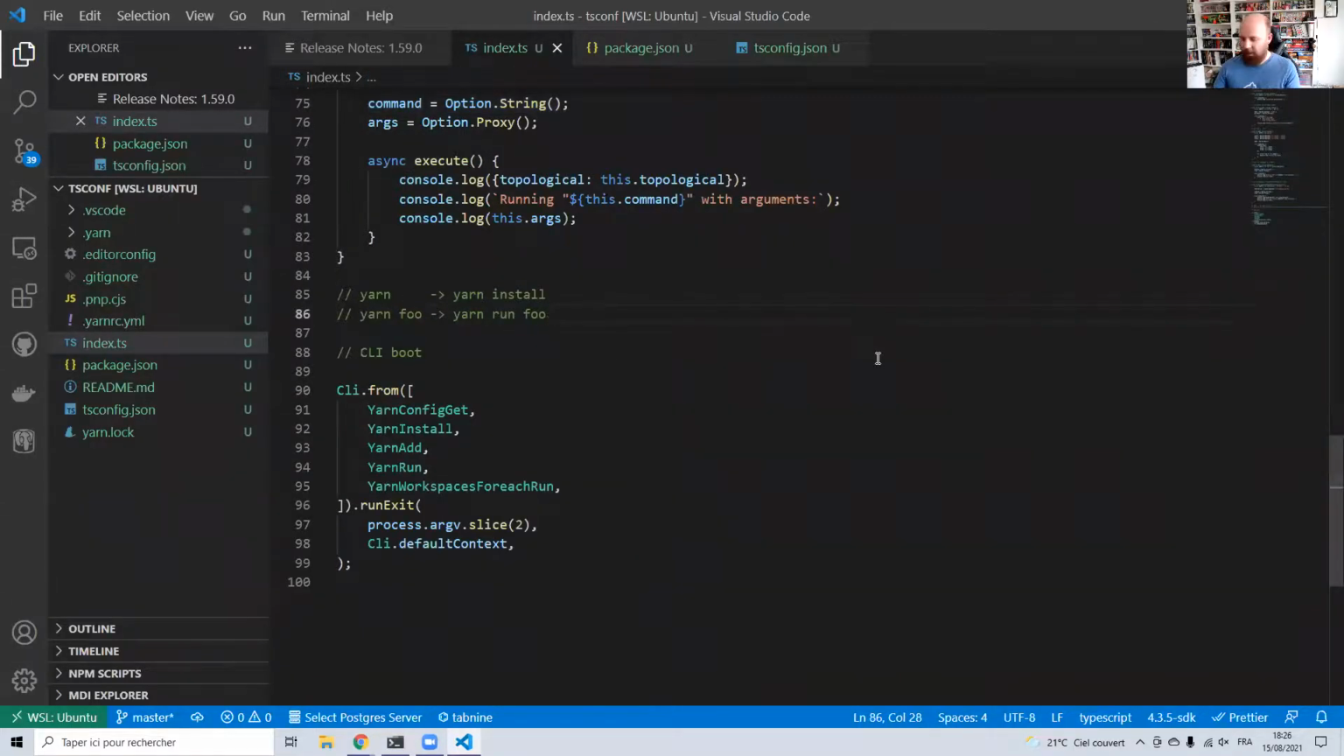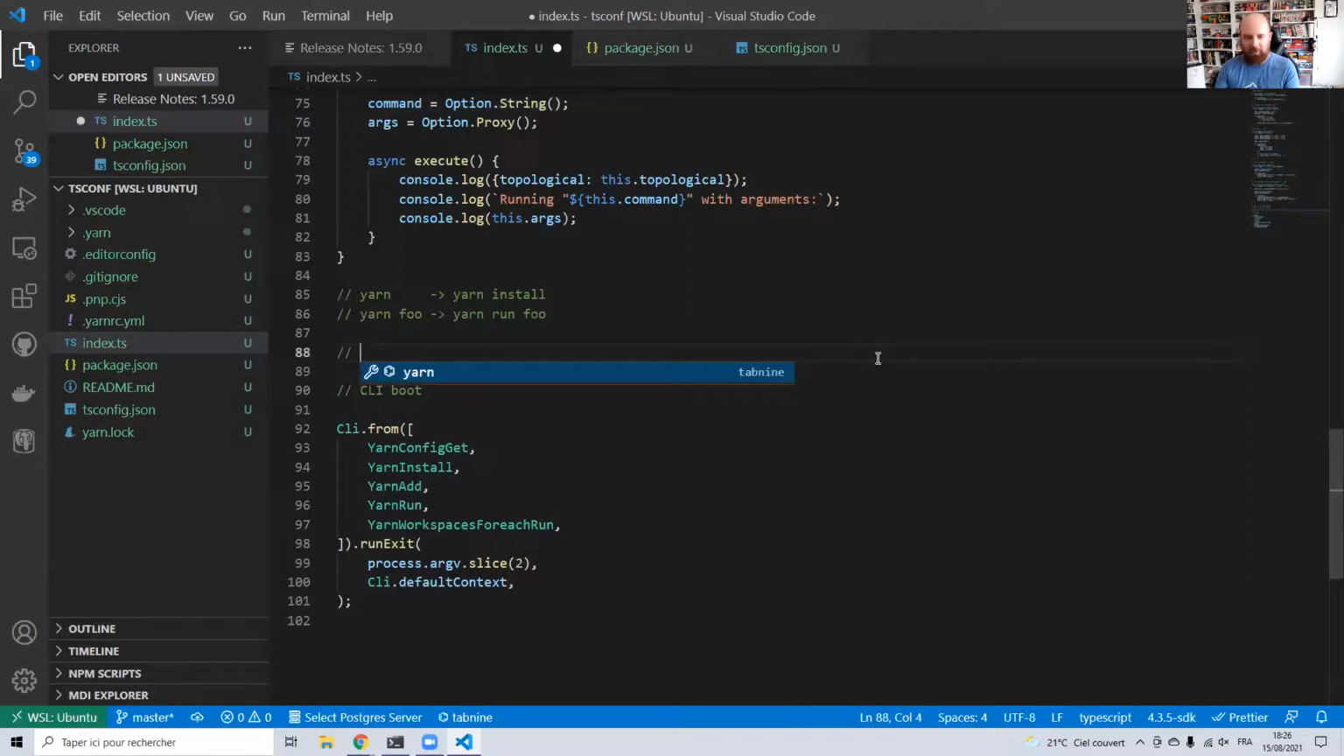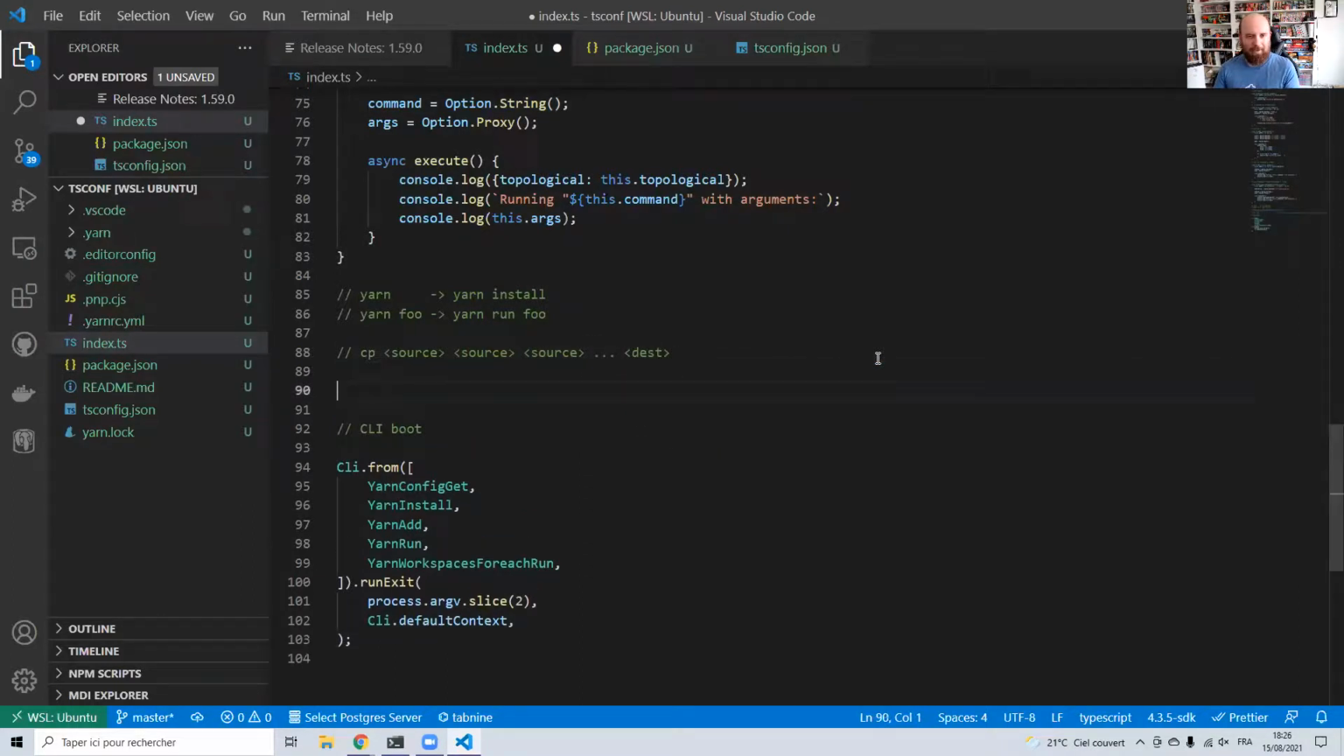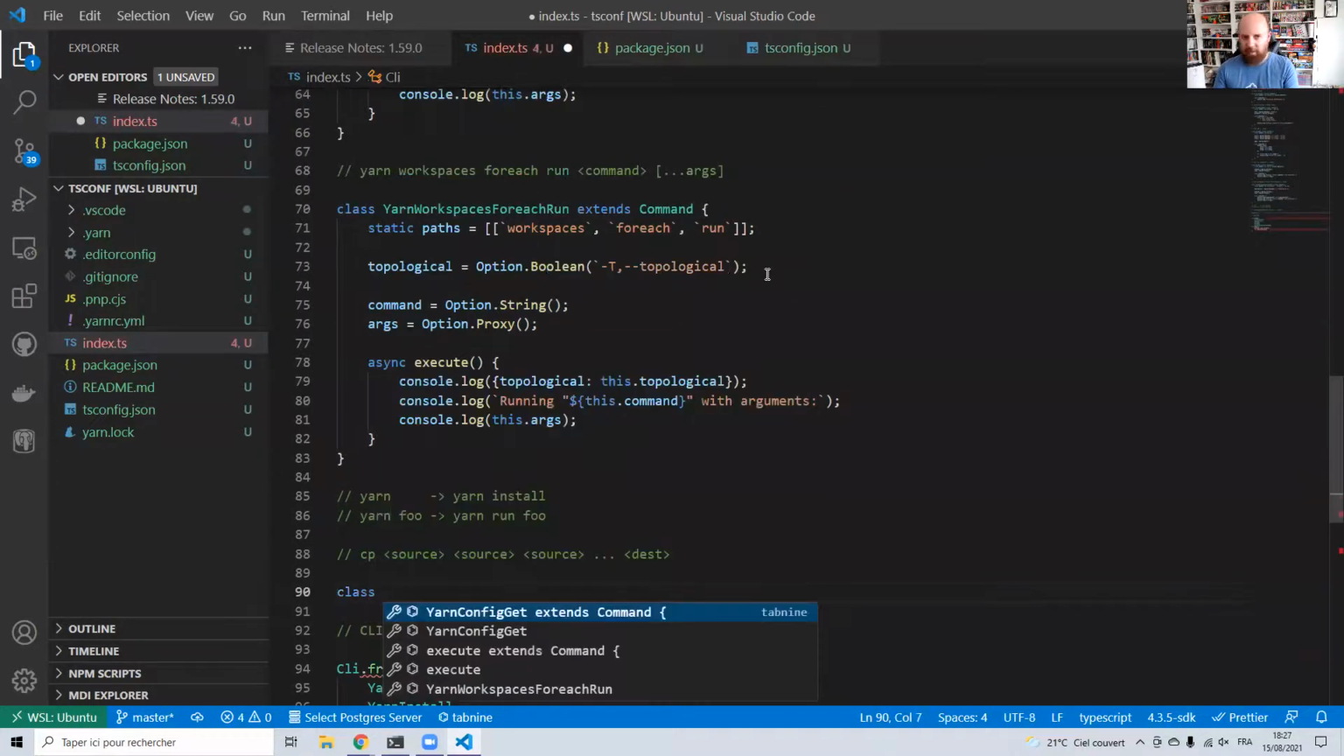The last command we want to implement, and I'm trying to do it as fast as I can because we are reaching an hour, is source, etc. with a dest. This one is a bit difficult for CLI frameworks, because you have any number of source parameters, but then one mandatory destination. The way it's supported in